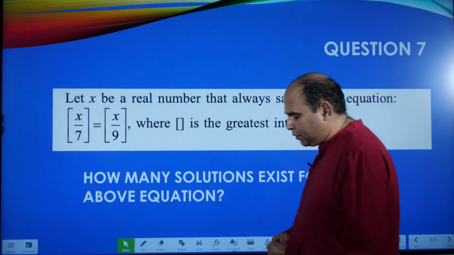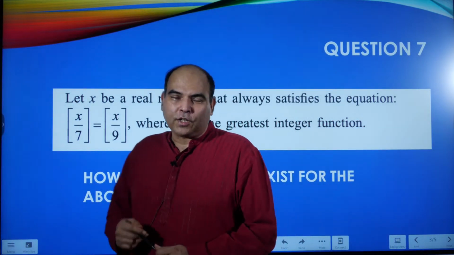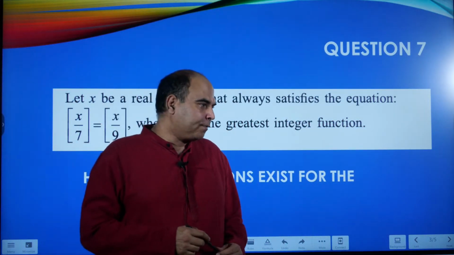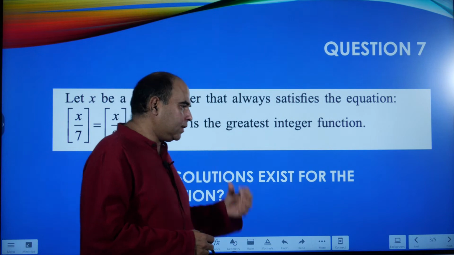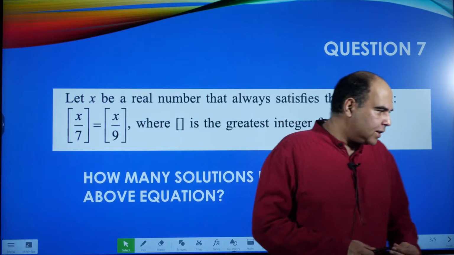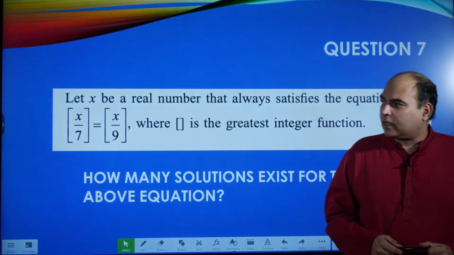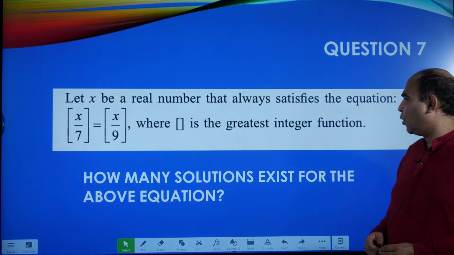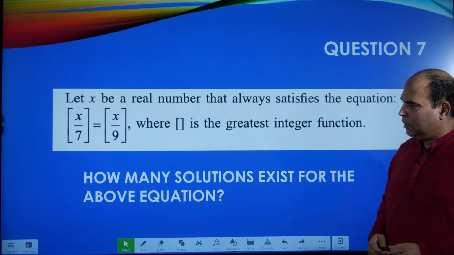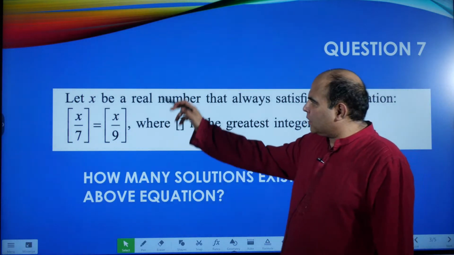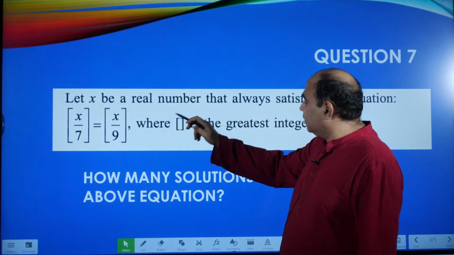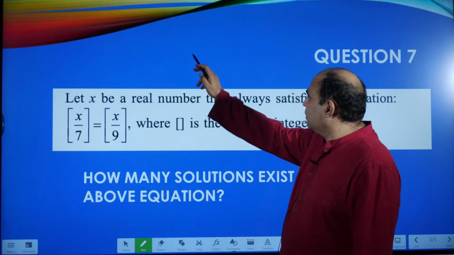So, interesting question for you today. Without any further ado, this question is based on the greatest integer function, and the question says, as you can see, that let x be a real number that always satisfies the equation. This square bracket x, for those of you uninitiated, that square bracket x